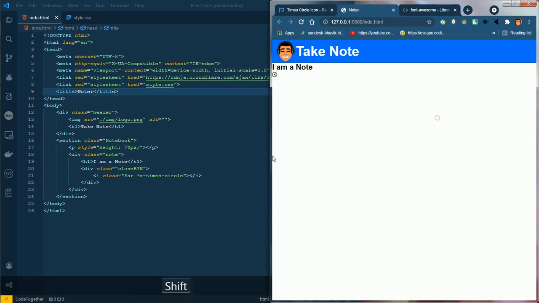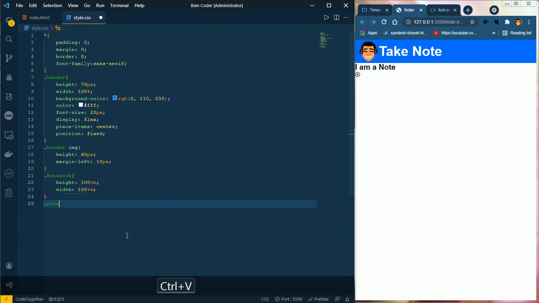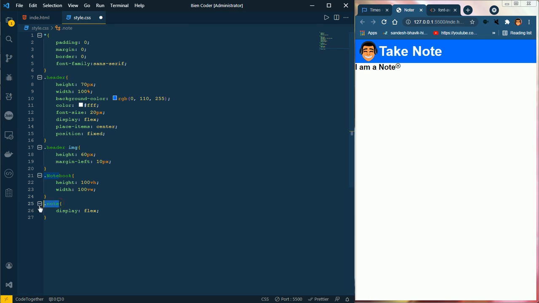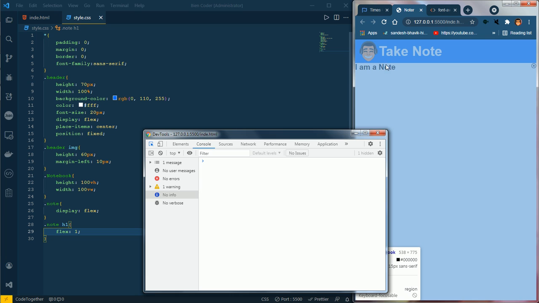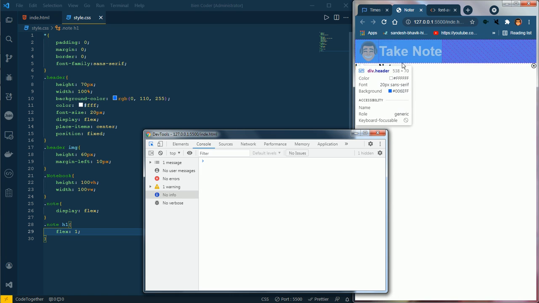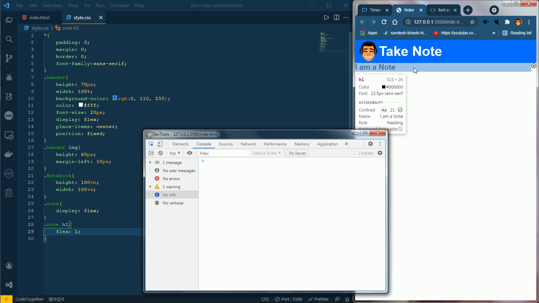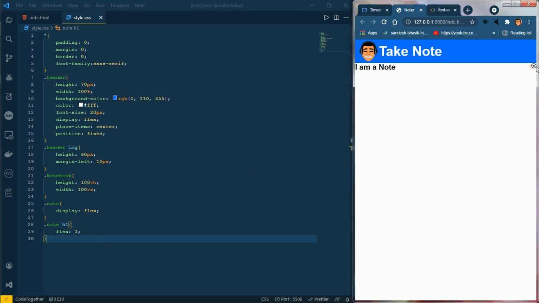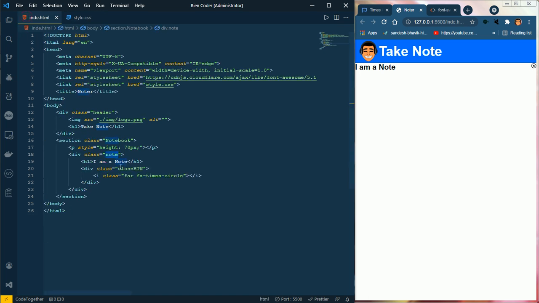Now we will also style it, and now we will call the note, we'll give a display flex which will take it in a single line. Now we will grab the h1 inside every note, which will make the h1 tag cover the maximum of the place in its parent element. So that's good, because we need the cross at the right side. We will get this also, close button,